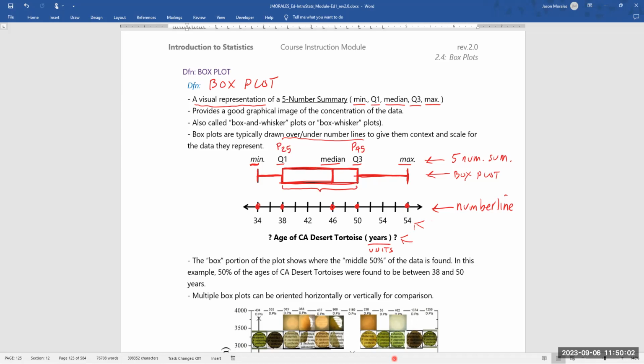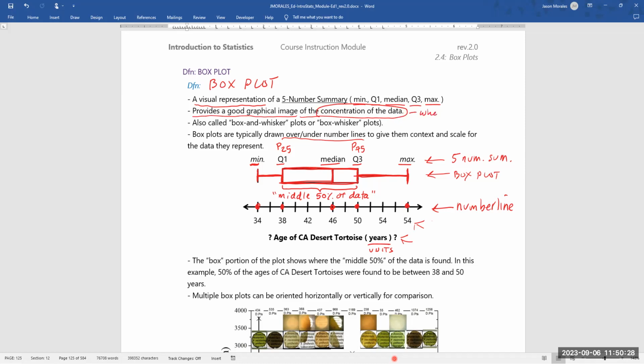So the width of this box actually represents the middle 50% of the data. So up here, where I define a box plot providing a good graphical image of the concentration of the data,